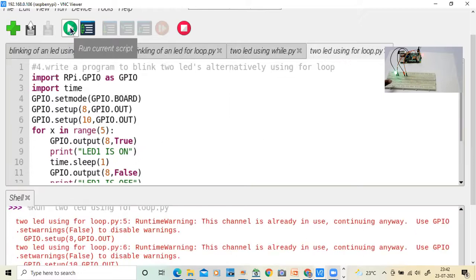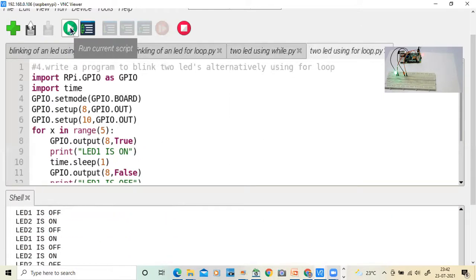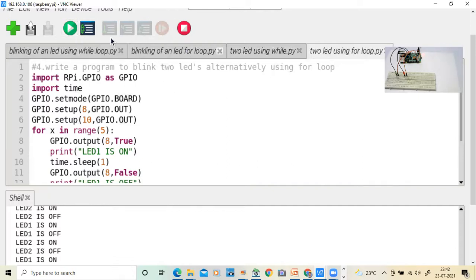First time, second time, third time, fourth time, fourth and fifth, yeah, completed. Okay, like that. Let me run once for better clarity. Now you can observe here the output on the second screen.